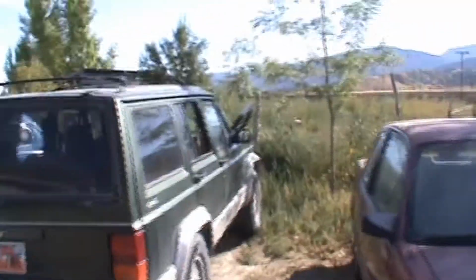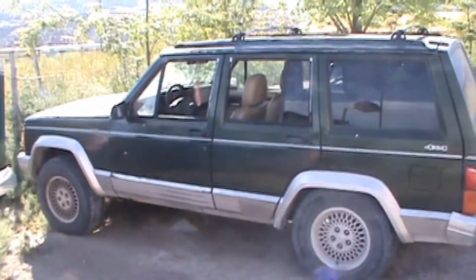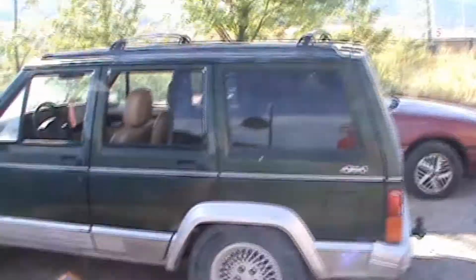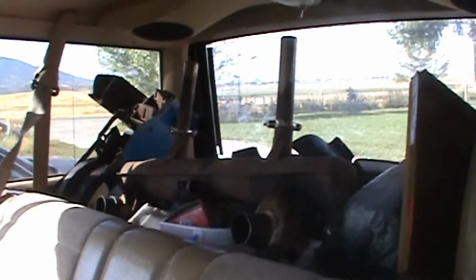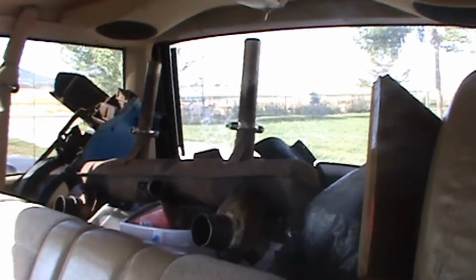Now, along with that one, we also have this Jeep Cherokee, and I think it's a 95 or something. We got this one from my uncle. He didn't need it anymore, and so he just sold it to our family, let my sisters drive it, and then me. I drive it now. So we have, if you can see up there, the two tassels. One of them's one of my older sisters, the other one is mine. Have some junk in there, more junk back here. One of my little sister's car seats, and then back here is a bunch of junk. And so all of that is Beetle motor parts